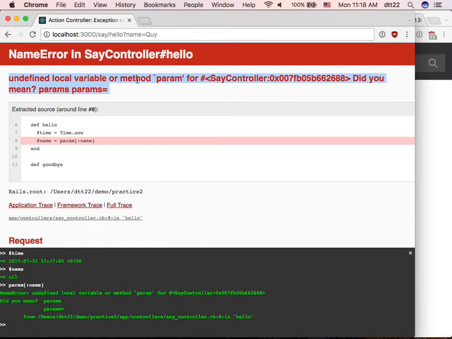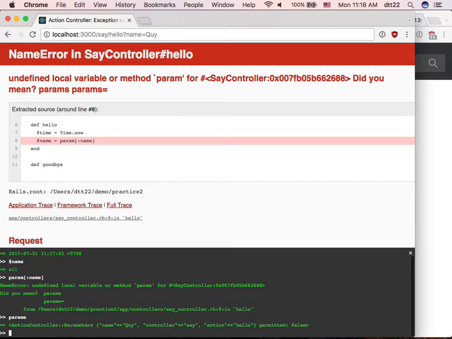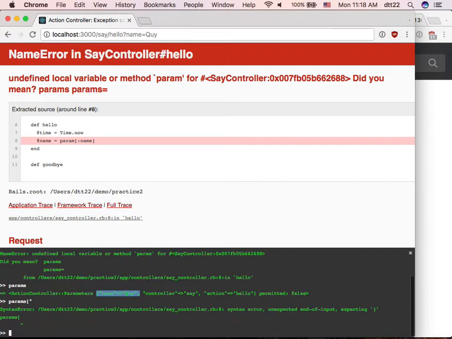So this is like a built-in IRB. It's a built-in IRB on the web. That is the web console. So this is something that makes you develop on Ruby on Rails super fast. Because then you're like, okay, there's no need to go anywhere else. I can fix my code. Params. Look, params, name Quy. All right, then params, name,